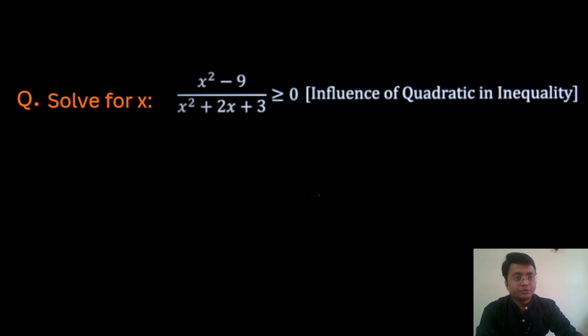Hello student, today we are going to solve this inequality, right? Your question is (x² − 9) divided by (x² + 2x + 3) greater than or equal to 0, right? So